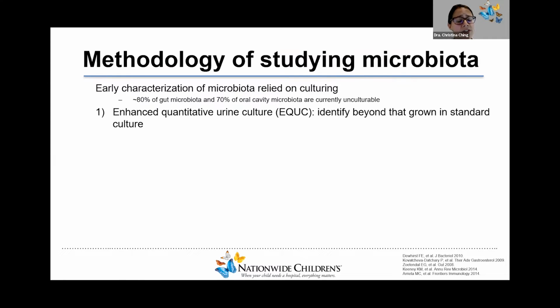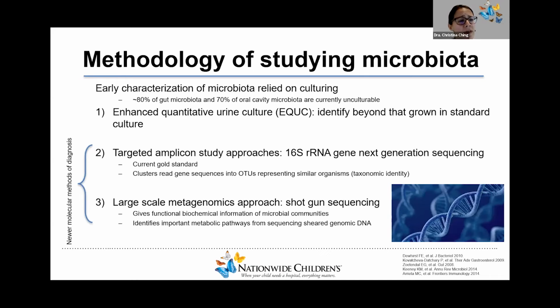Early characterization of microbiota relied on culturing, but we now know that a significant amount of microbiota in at least the GI tract and oral cavity are unculturable. There have been some advances in culture techniques, such as enhanced quantitative urine culture, that can identify bacteria beyond that grown in standard culture. But newer molecular methods of diagnosis and identification of bacteria really significantly advance the field of studying the microbiome. This includes targeted amplicon study approaches, such as 16S rRNA next-generation sequencing, and the large-scale metagenomics approach,